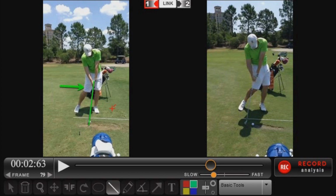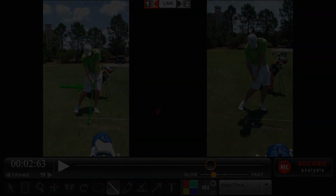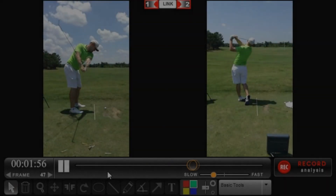So at least we knew that we could send him on his way and he was going to be able to play some good golf. So let's just look at the final slide here one more time, and we'll lay out a game plan for you guys at home. All right, everyone, so here we are back at the big payoff